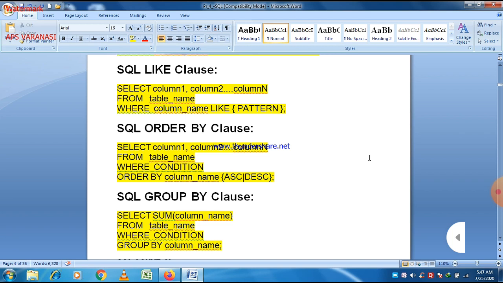So we can take another column, suppose date of birth. Now if the name is the same for two students, the data will be ordered according to the date of birth. And if you want to put data in descending order, just write order by column name and then DESC. And last is the group by clause.